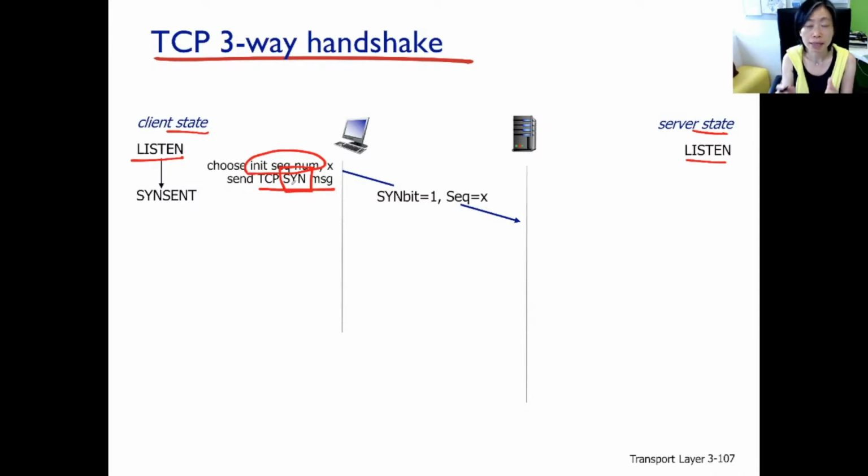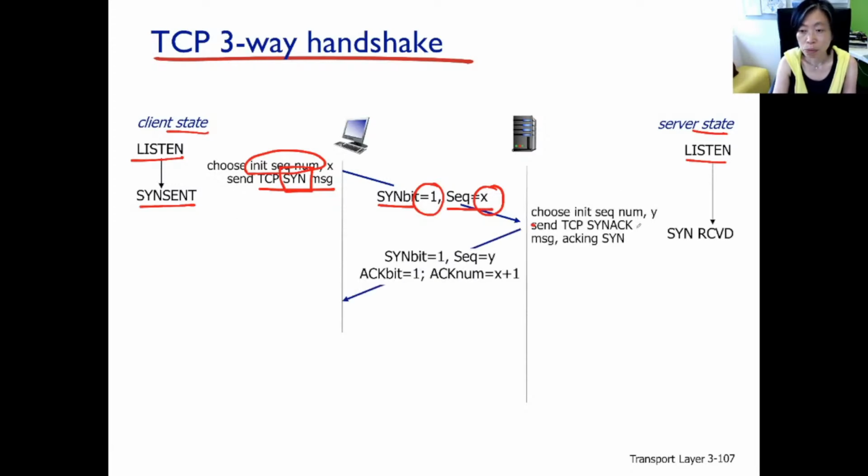Now if you recall back in the TCP packet format, in the header part of it there are a number of flags one can set. So a SYN packet is the packet with the SYN flag, the S flag, being set. That is also called the SYN bit. That bit is going to be turned to 1, and the initial sequence number is going to be in the packet somewhere. And that packet is going to arrive at the receiver, which is the server. So the client, after sending the packet, is going to be in the SYN packet already sent state.